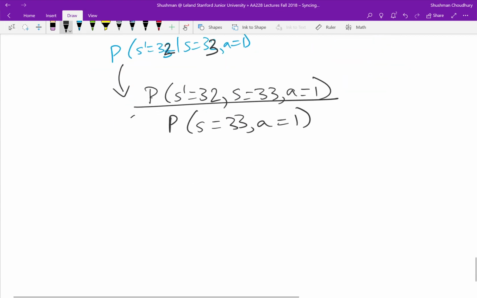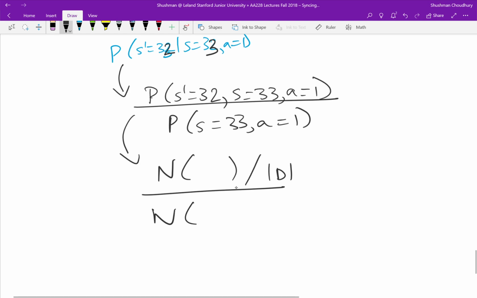And so these will obviously be just the counts. So n divided by the total count of the data set, and n of a smaller one divided by the total count of the data set. So that, and okay, yeah, that's not helpful. And so there and then there. So, and this way you can get